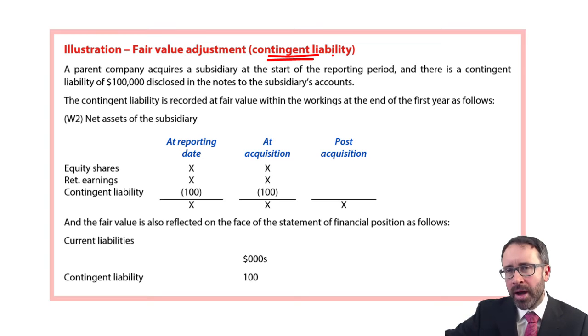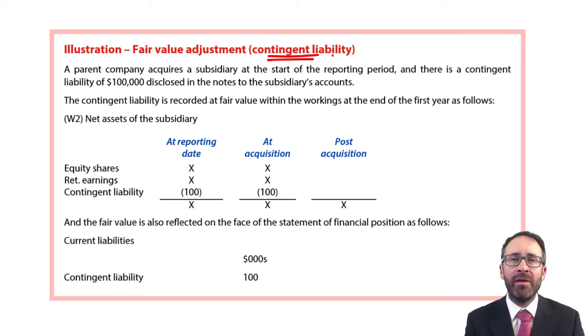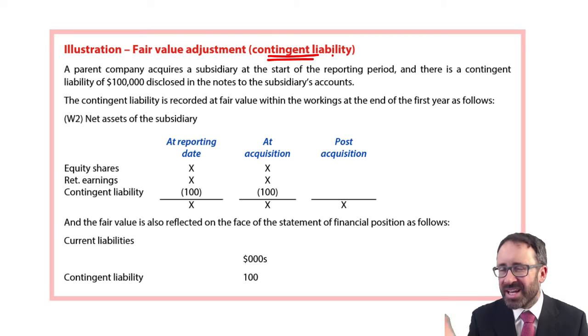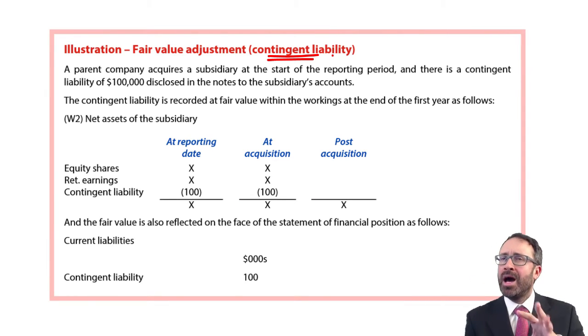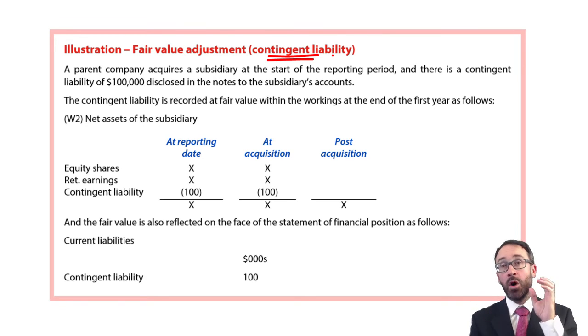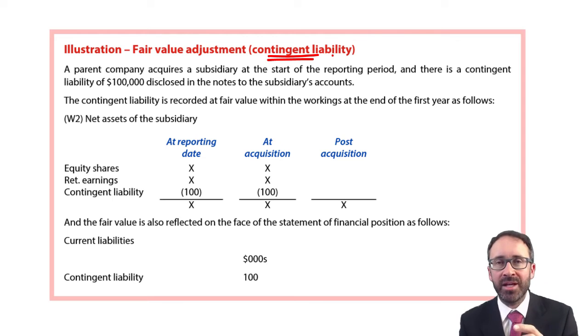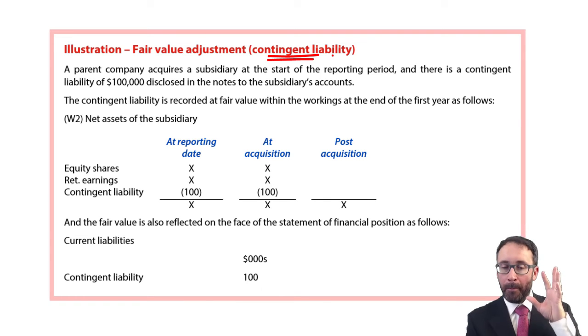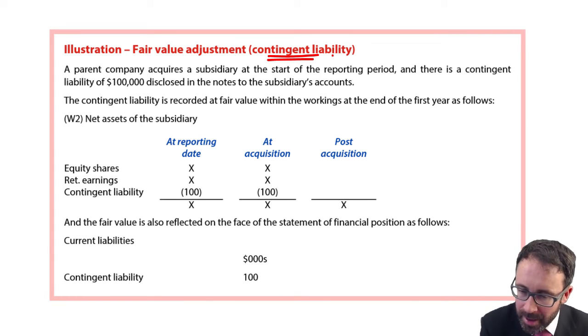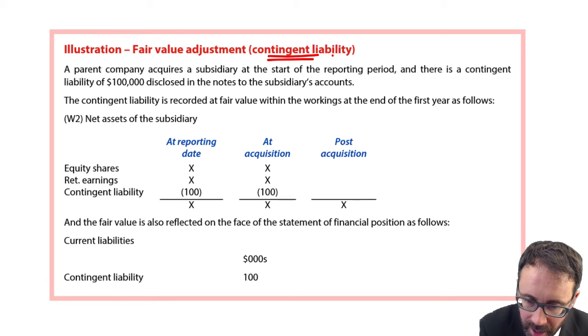So it's just being hidden away within S's accounts at the back of the notes, but we've seen it. And we've acquired that subsidiary. We've gone, hang on a minute, I'm going to pay a little bit less to acquire this subsidiary, just in case I then acquire the sub and then have to pay that contingent liability. So what we need to do is, in the individual accounts of the subsidiary, that contingent liability stays disclosed within the notes. But in the group accounts, what happens